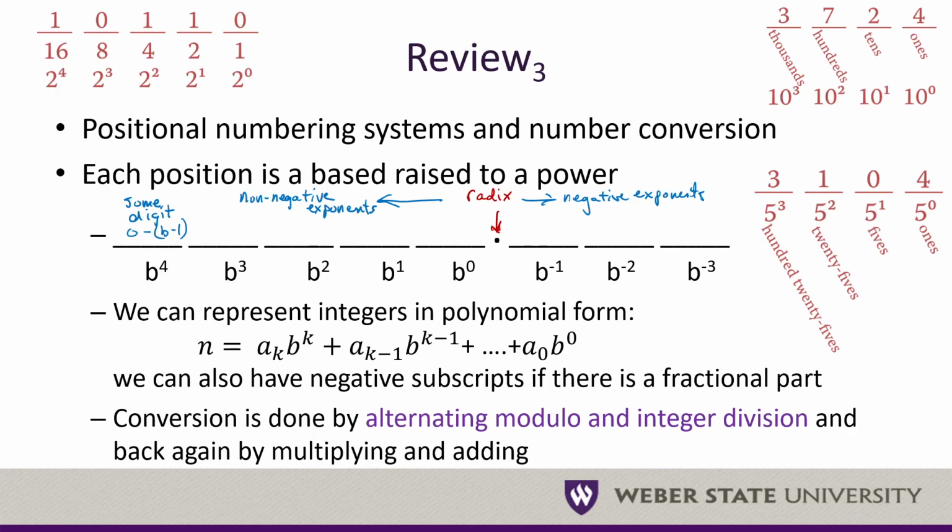If I want to do the fractional part, all I then have to do is start doing my sequences with a minus 1 times b to the minus 1, plus a minus 2 times b to the minus 2, etc. And I just add all those together. So we can express it as a polynomial,